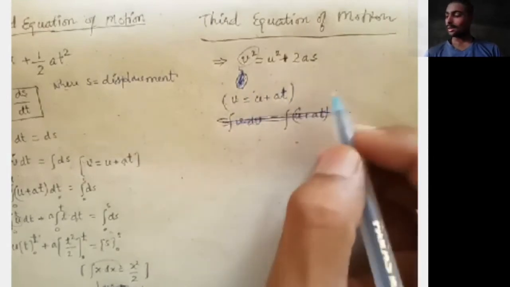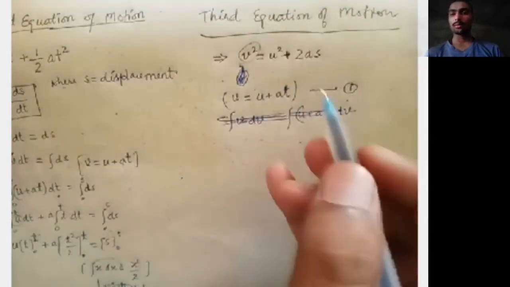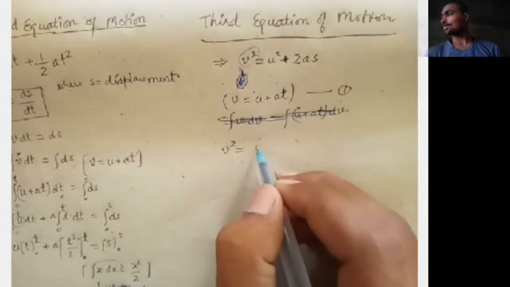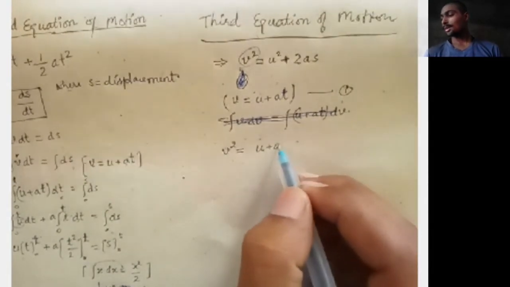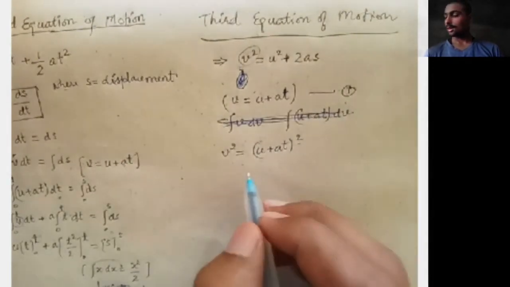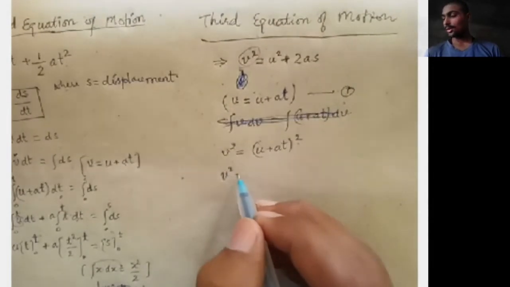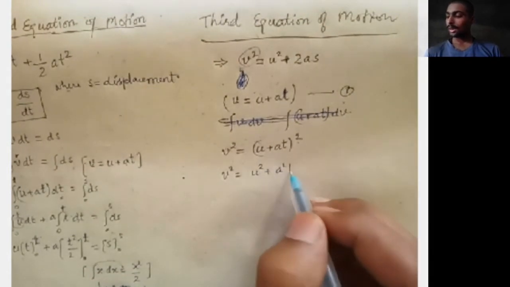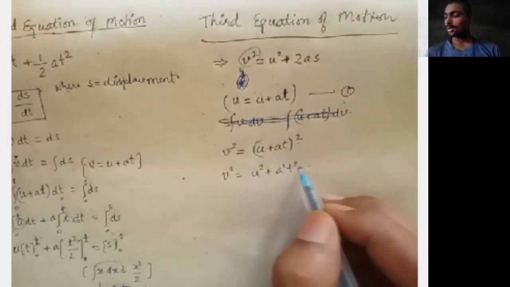We will just square equation first. Squaring equation first, we will get v square equal to u plus at whole square. So v square equals u square plus a square t square plus 2